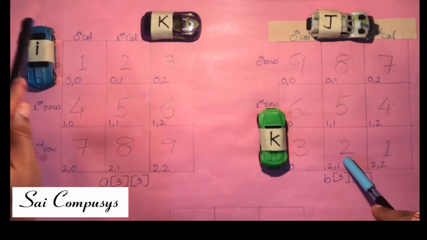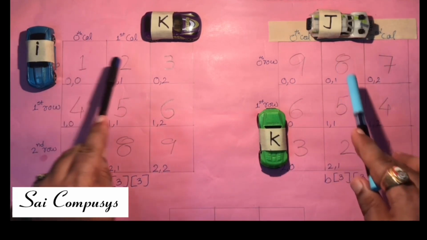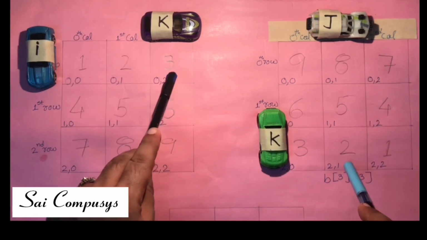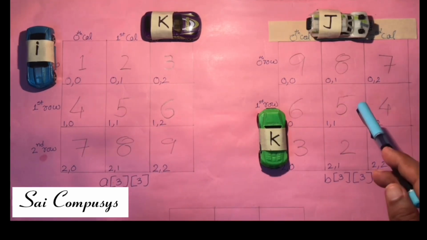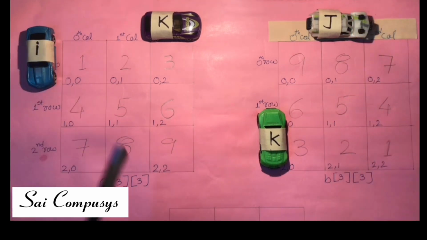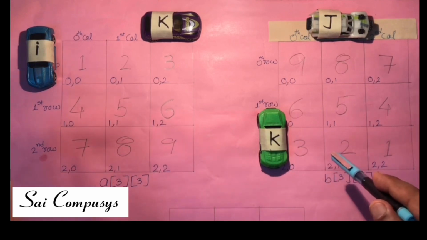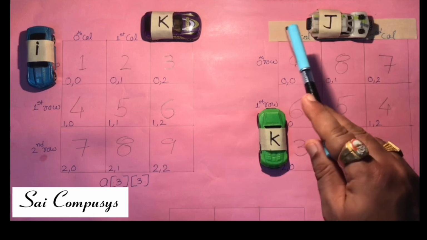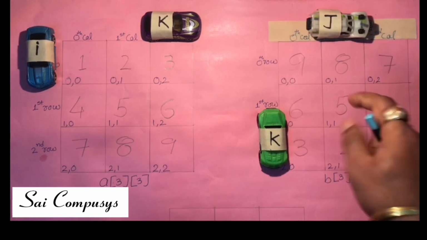Now we need to understand that when k has been varied completely, I have got one element of the resultant matrix, that was 1 into 8 plus 2 into 5 plus 3 into 2, that I will be storing on the ijth position of matrix C. Where is I? 0. Where is j? 1. So on the 0, 1 element of matrix C, I will be storing the resultant element. What has been covered? 0th row has been multiplied with 0th column, first column. Now I wish to multiply with the second column.